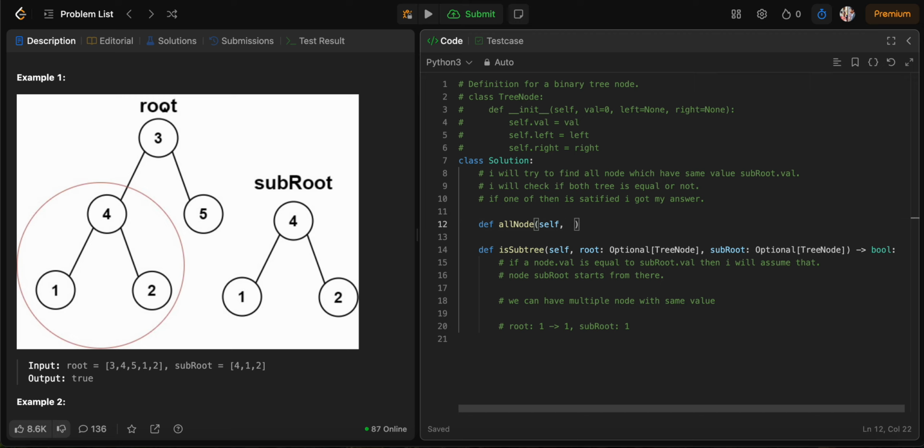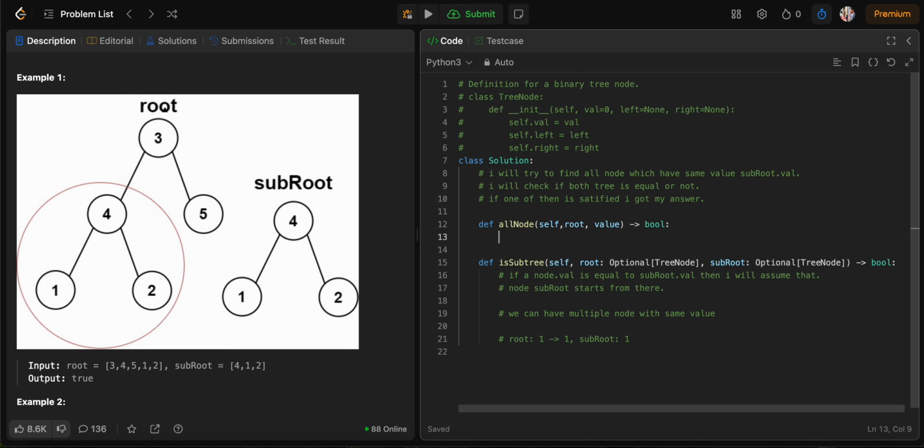This is self. Now we got root, right? Only root, right? And we got value, right? Now what will happen is that I have to find all the nodes which are equal. So what I'll do here,